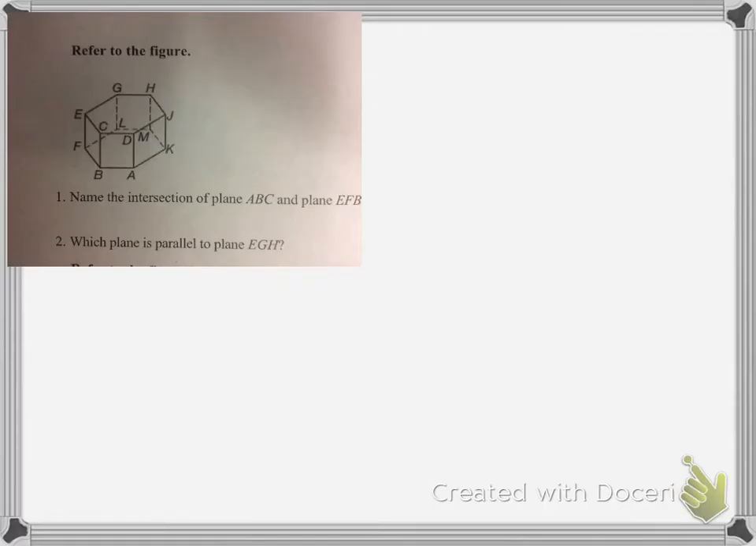Okay, so questions 1 and 2 refer to this figure, and they want the intersection of the plane ABC and EFB. Now remember, from chapter 2, intersections of planes are lines, so we should be able to say, okay, ABC is this plane right here, EFB is this plane right here, so you should be able to tell that line BC is going to be the intersection. What plane is